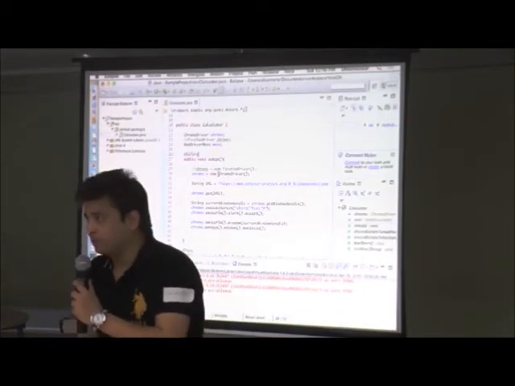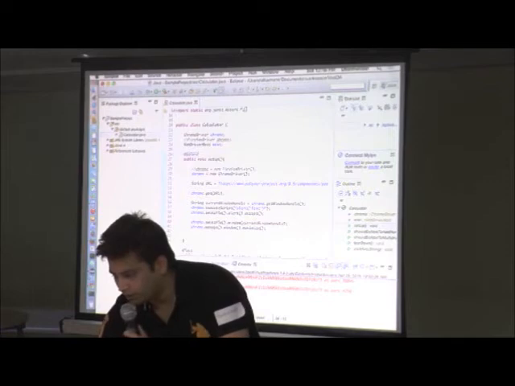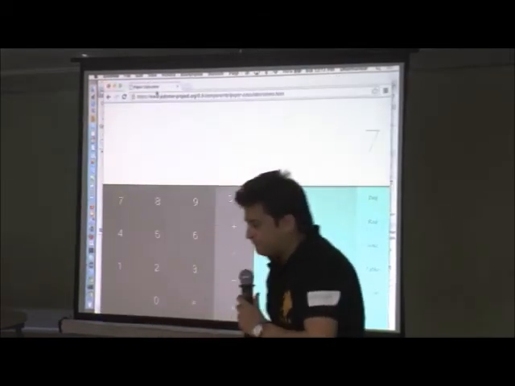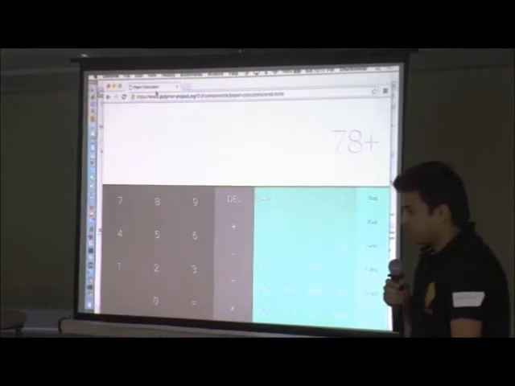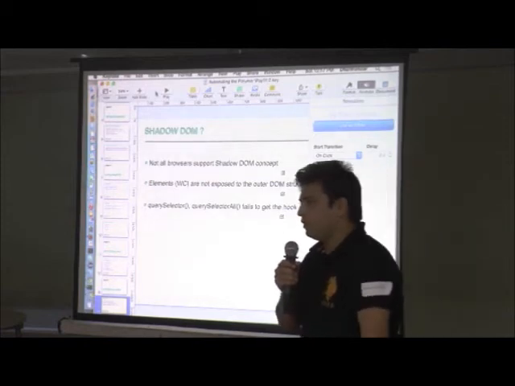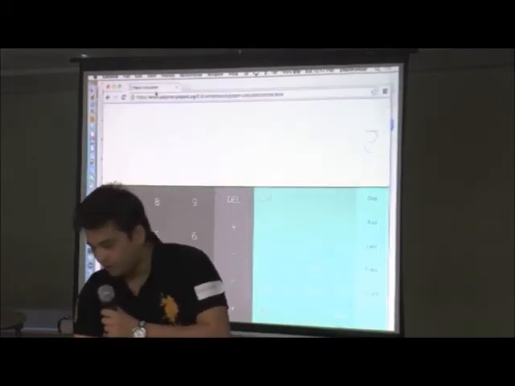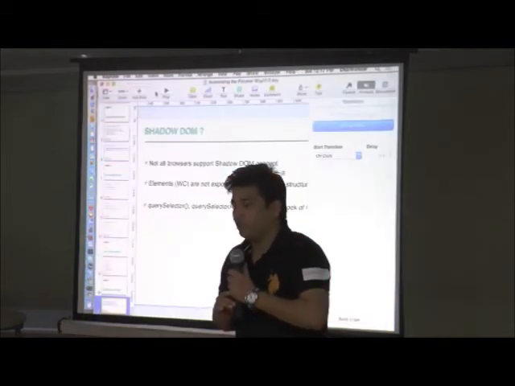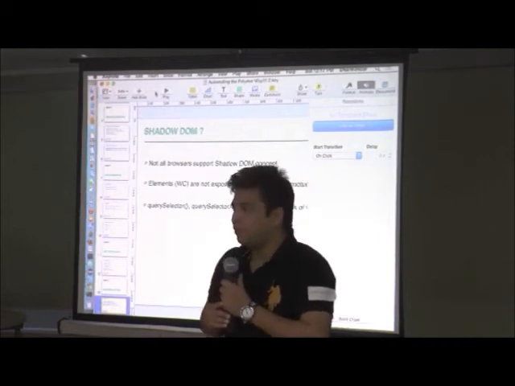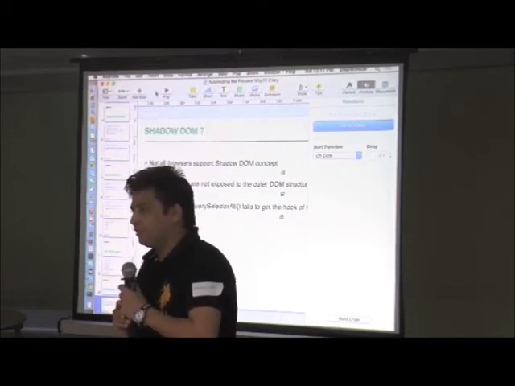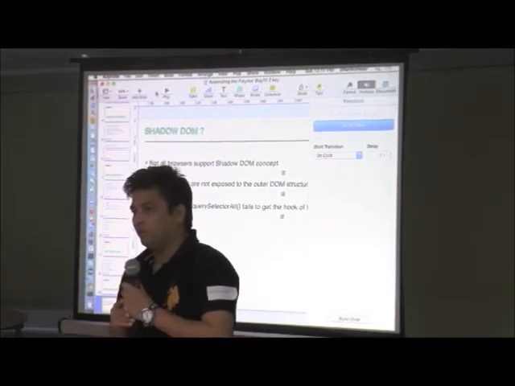I've used Eclipse for this test. I'll simply go ahead and run this test and then explain it. I actually used two tests, one for addition and the other for subtraction. So this is Chrome, and I'm not running this on Firefox yet. I'll show the difference and why it doesn't work with Firefox. As I said, polyfills are not available entirely for all the other browsers, so the effect will not be the same. If you run the same script on a different browser, it won't work.